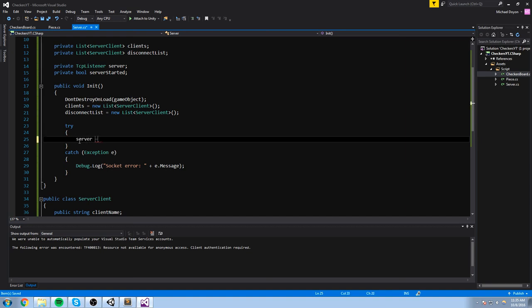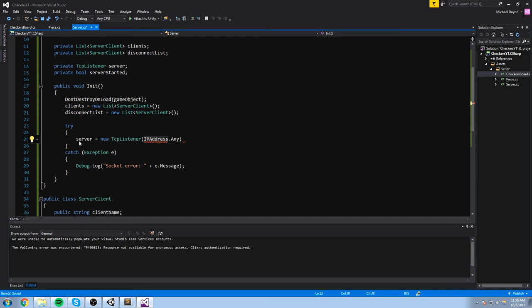Okay, so if we are trying to connect, there's a few things to do actually. So we have to do server is equal to a new TCP listener first. So we just instantiate that object here. Now in terms of what we shoot to the constructor, it needs to know who am I accepting connection from, and we're going to say IPAddress.Any,